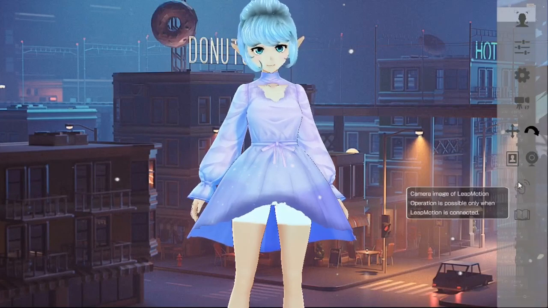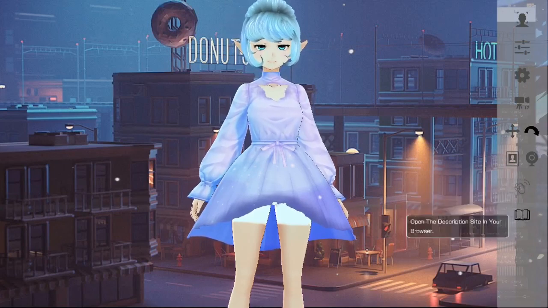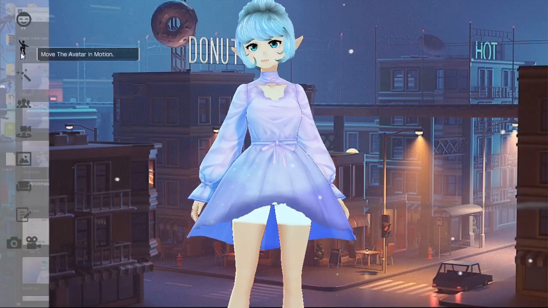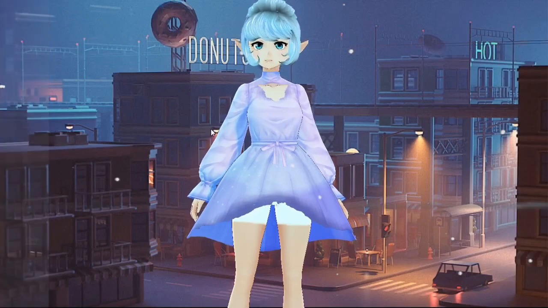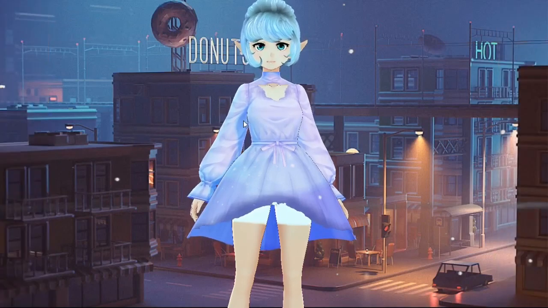And then this one is for if you have Leap Motion. Again, I don't have Leap Motion, so I don't have that. This just opens up their website and gives you additional information that you might need. But yeah, that's pretty much all you need to know about 3Tene. There's some other stuff that you can just mess around with if you want that I didn't go super into, but hopefully that helps you out.